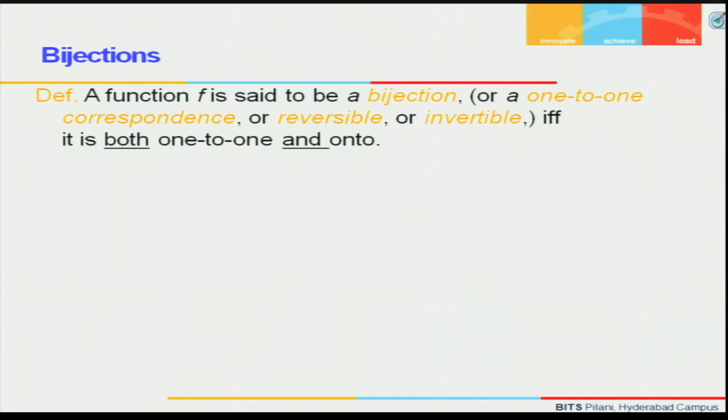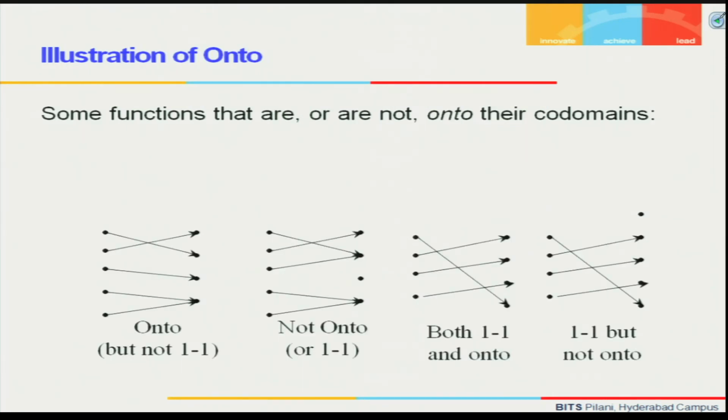And we say a function f is said to be a bijection if and only if it is both one to one and onto. If a function happens to be both, then we say it is a bijection. The best example we have here is this one, a bijection because it is both 1-1 and onto. I hope you have no problem recognizing what the function here is. This is getting mapped to this, this to this, this to this, and this to this. This is how you define a function.